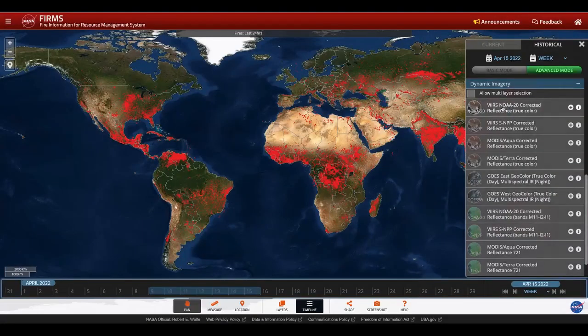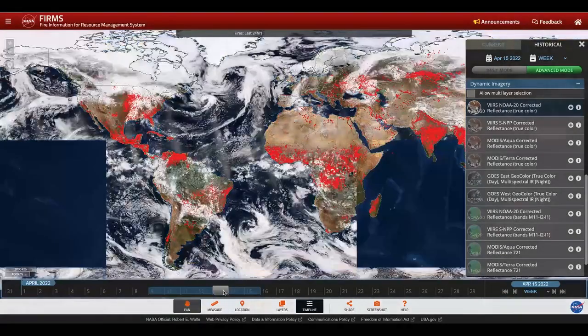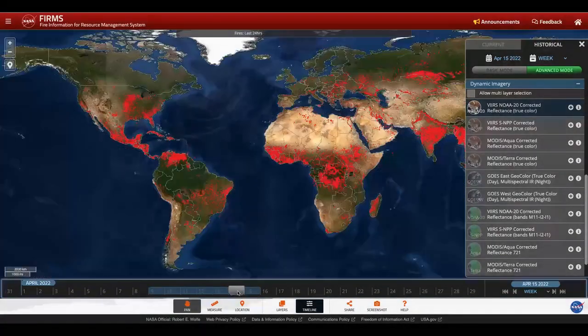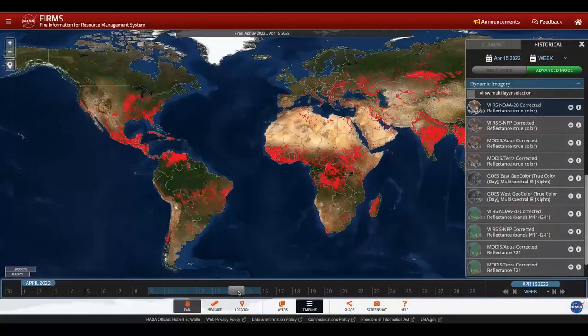At the bottom of the map, a gray slider marker will appear when you select a dynamic imagery dataset. This slider reflects the day of the data that is displayed within your selected timeline, indicated by the blue translucent box that appears over the selected dates. For example, if I choose a week as my range of data, then the dates for that week will be within the blue translucent box, and the gray slider will be on the day of the dynamic imagery that is